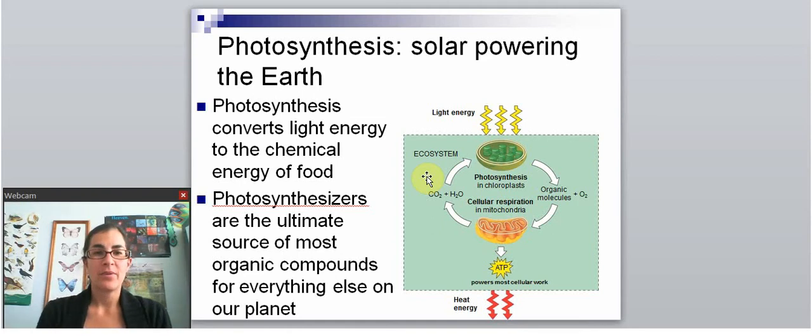Photosynthesis is another chemical reaction that's critical to living things. And even though plants and other autotrophs are the main organisms to do it, all organisms on Earth really depend on photosynthesis. So I like to say that photosynthesis solar powers the Earth. The reason that I say that is because light enters the atmosphere and plants are able to capture that light